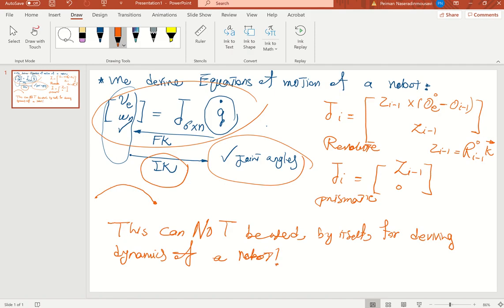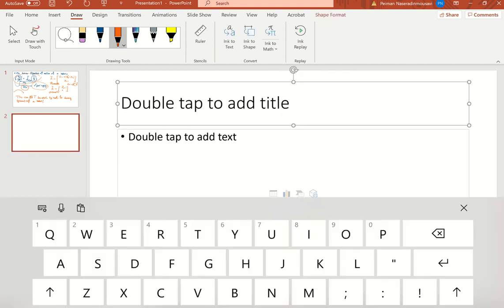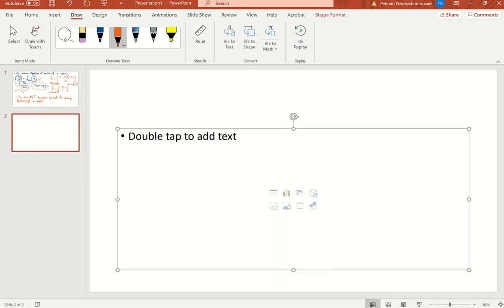This cannot be used. So what's the solution? Maybe you have seen it, maybe not. I'm teaching you from scratch. The solution is